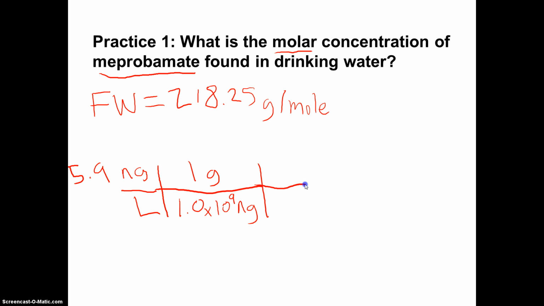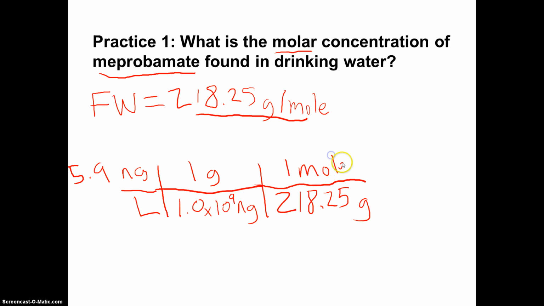Then we want to go from grams per liter to moles per liter, so we use our formal weight, 218.25 grams per mole. If you go through this calculation and solve, we find